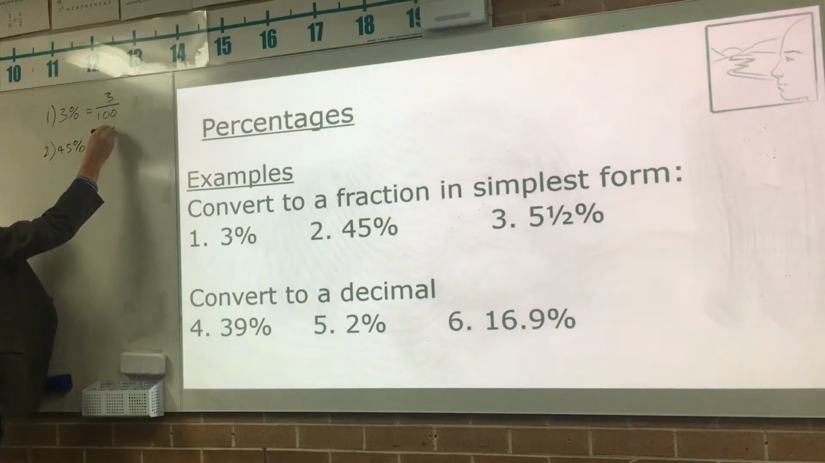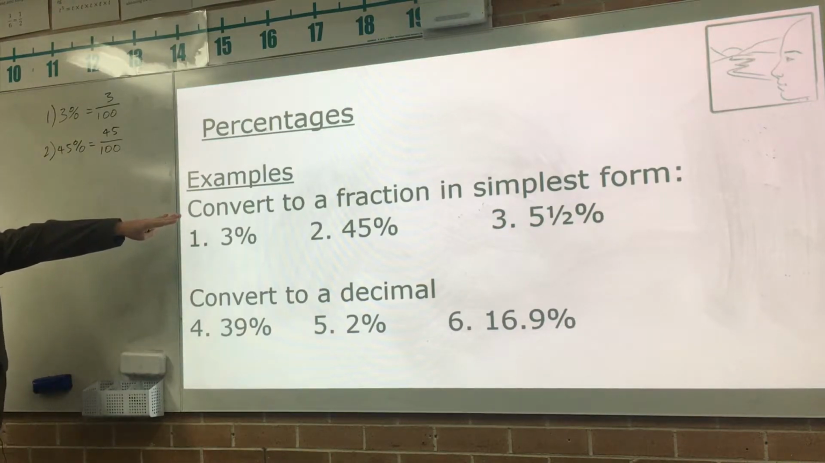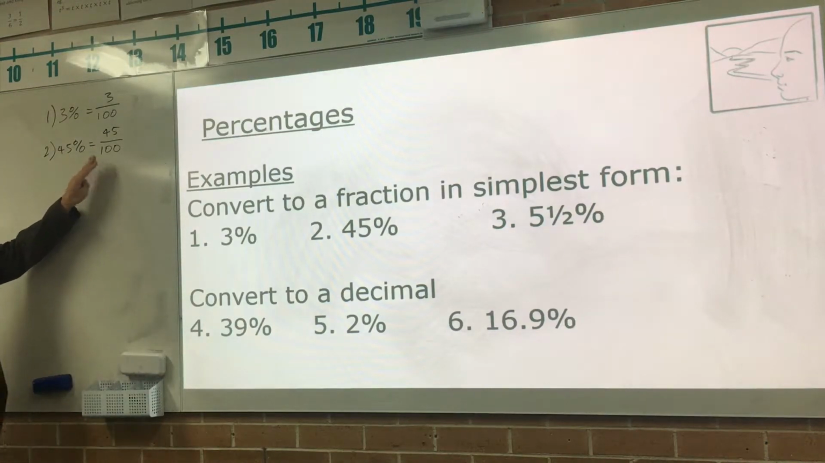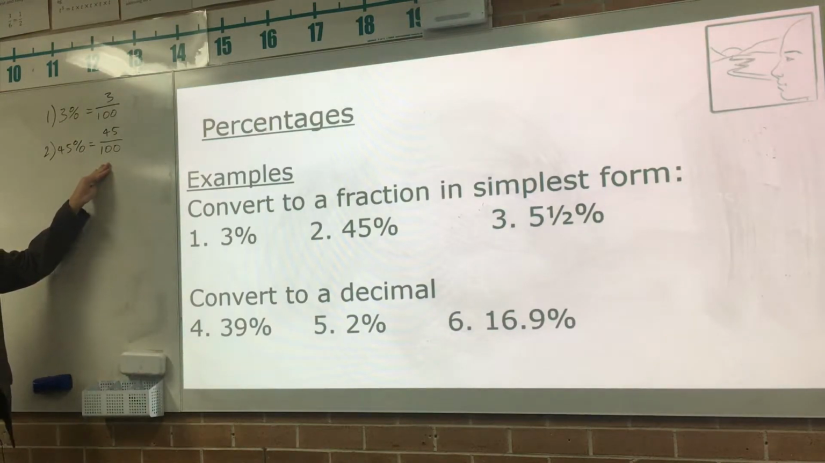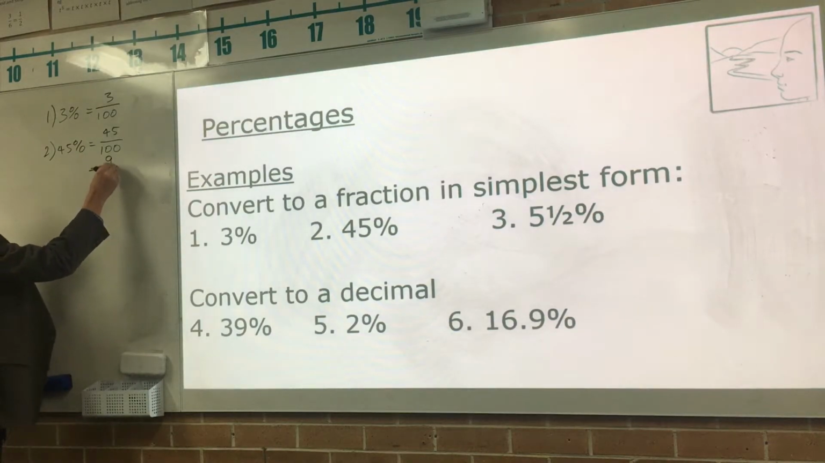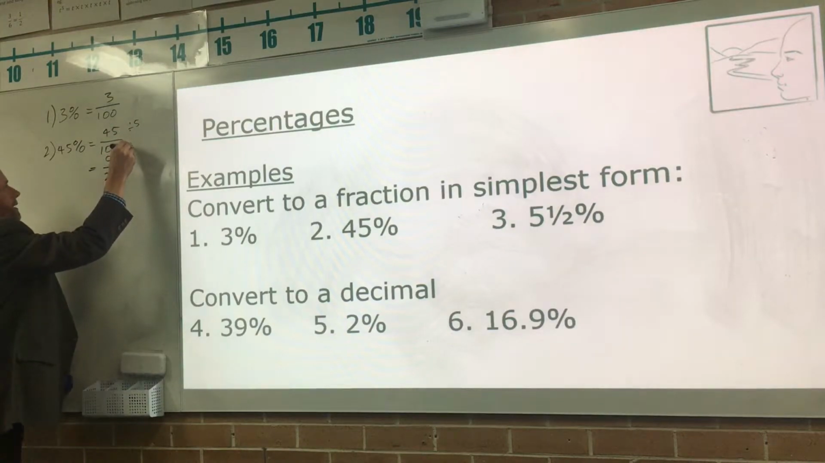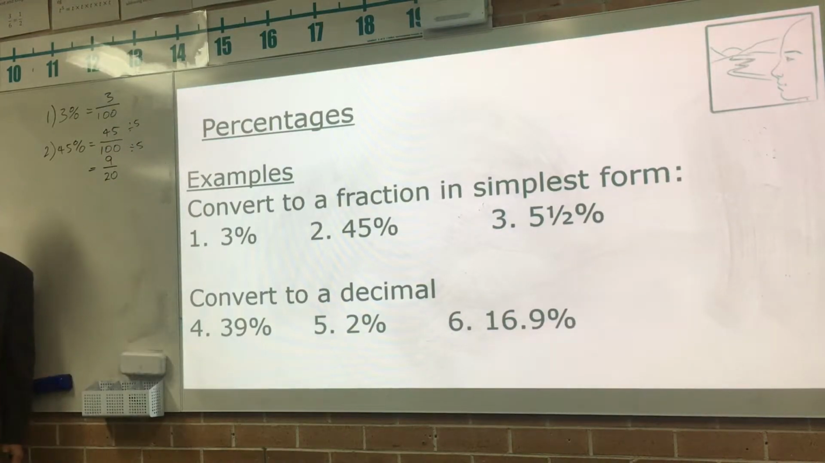Again, it's 45 parts out of 100, although the question asks us for it in its simplest form. That's not its simplest form. In fact, we did an example like this just a few minutes ago, and we know that in its simplest form, it's 9 over 20, because you divide top and bottom by 5. Question 3,